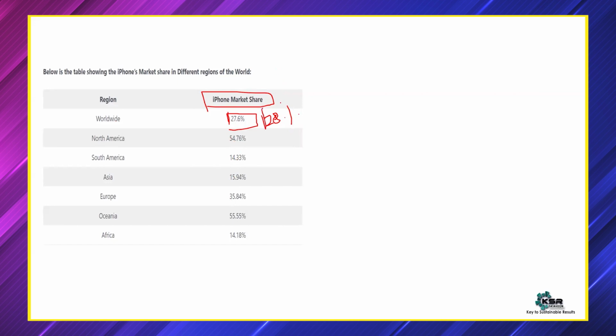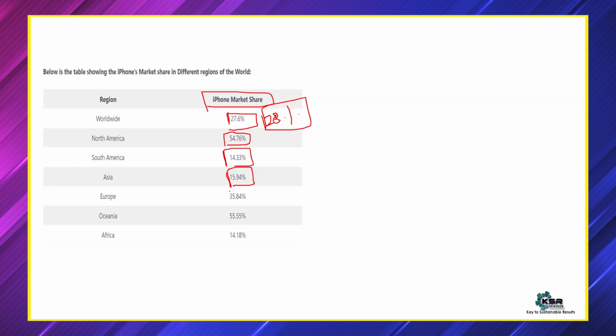This 28% is an aggregated market, but out of it, 54% is coming from North America, 14% from South America, and around 15% of sales from Asia. This is how the market is clustered.